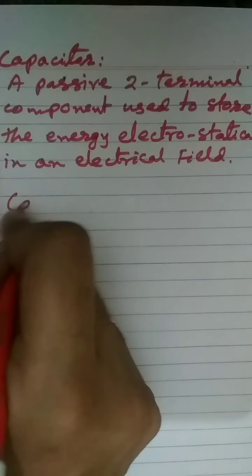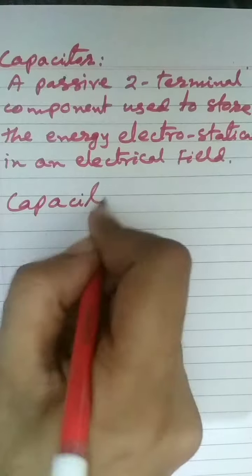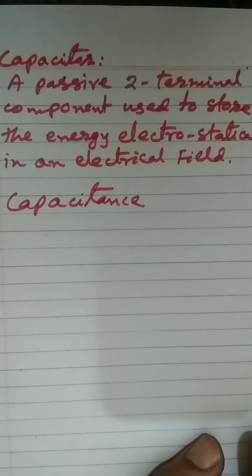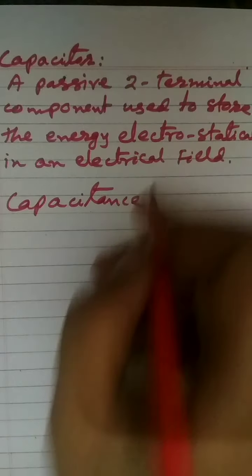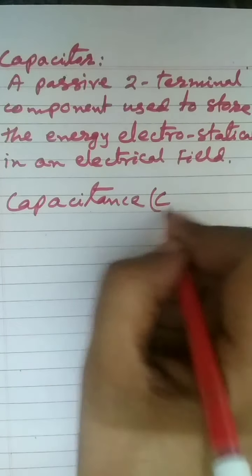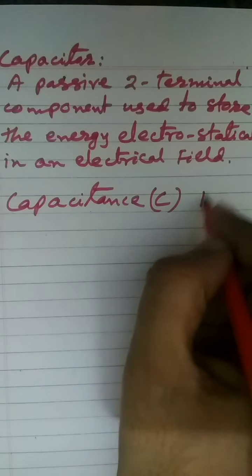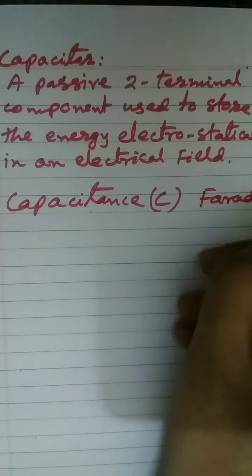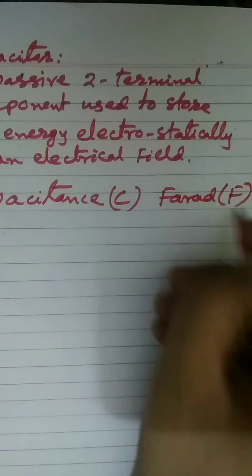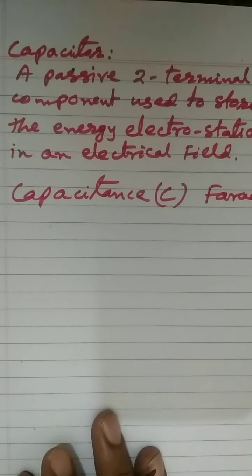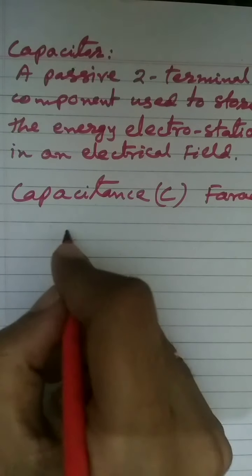The capacitance is the property of the capacitor, and it is the capacity of the capacitor to store the charge in it. The symbol of the capacitance is C, and it is measured by the unit farad. The symbol of the capacitor is